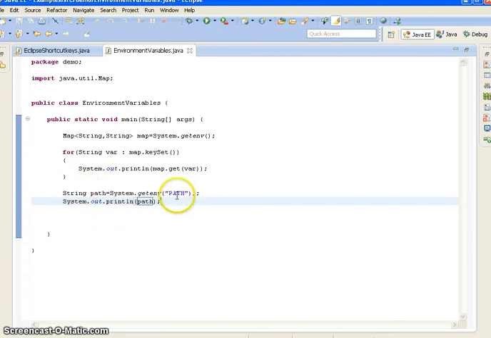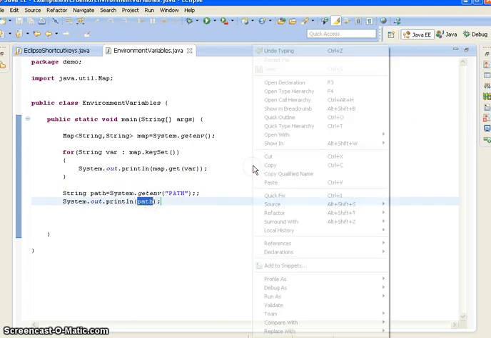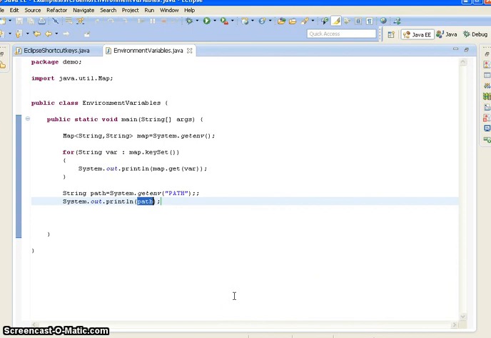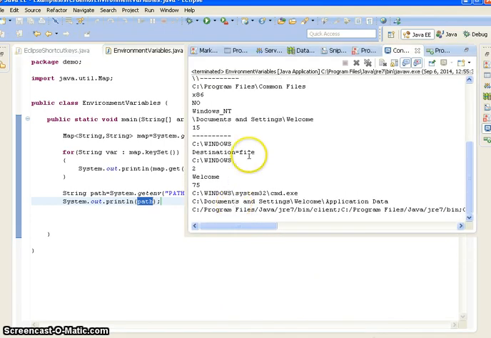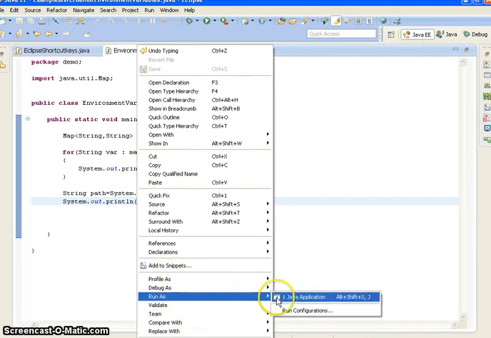You see here, I know the environment variable name path, I am passing it and getting that value, and I am printing this value. Now I am running this Java program.